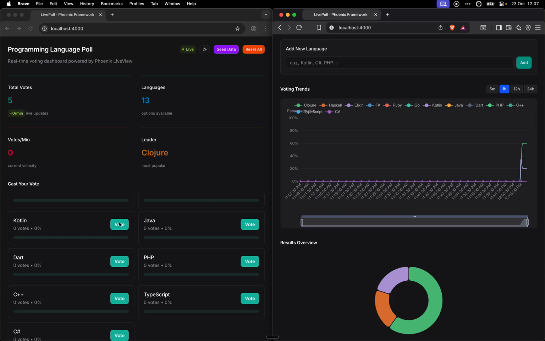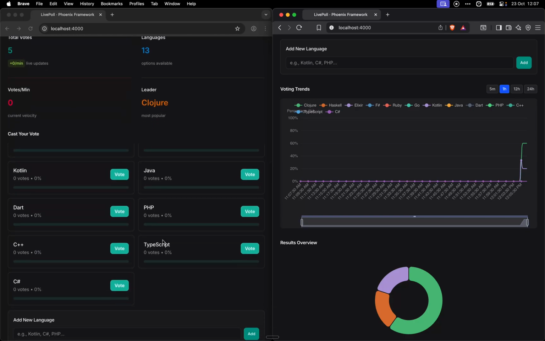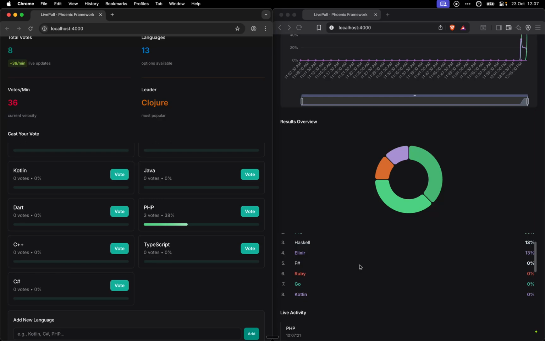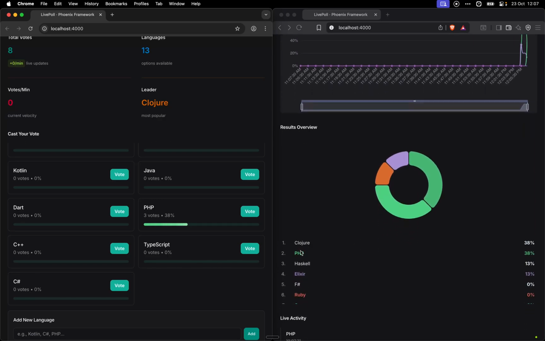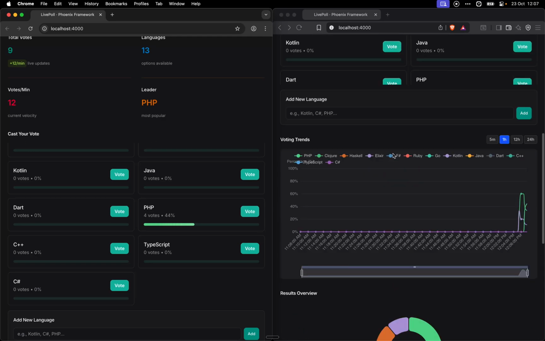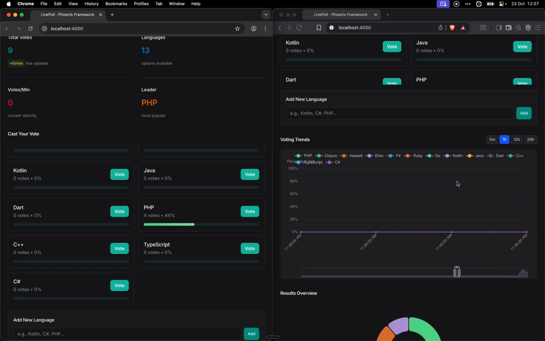So let's bring PHP up a bit. Now we've added it, and you'll see it's now added to the results overview. By the way, this will also order according to the vote count,